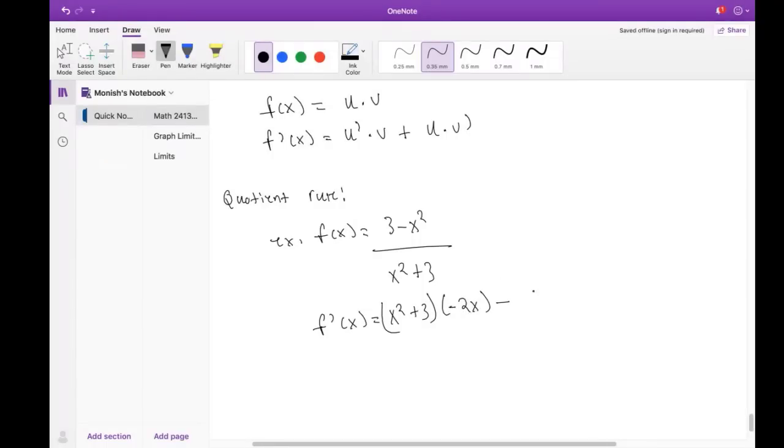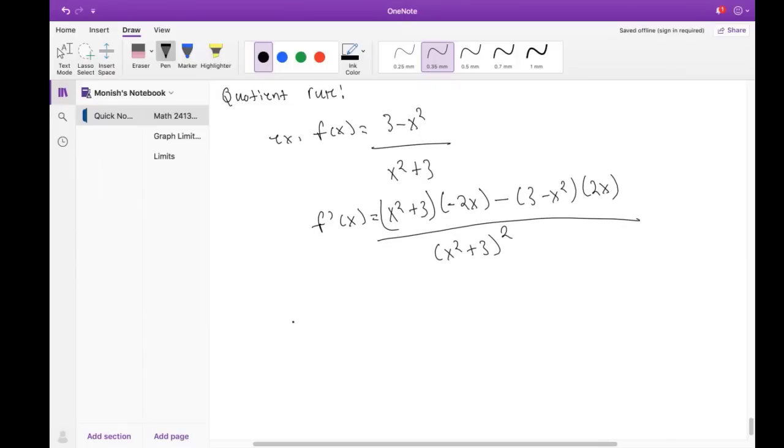And then you subtract that from the upper function multiplied by the derivative of the lower function, and then it's just the lower function multiplied by itself. So yeah, it's just the formula I usually use. I just write it out as